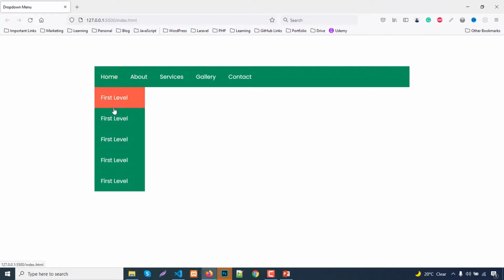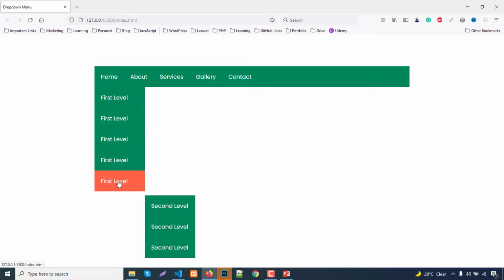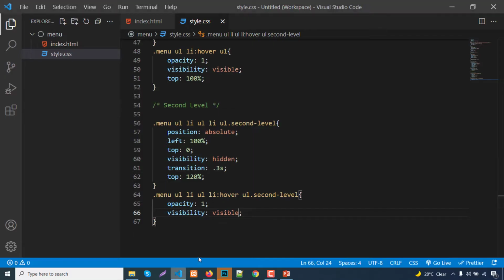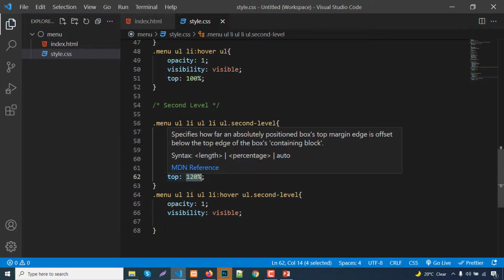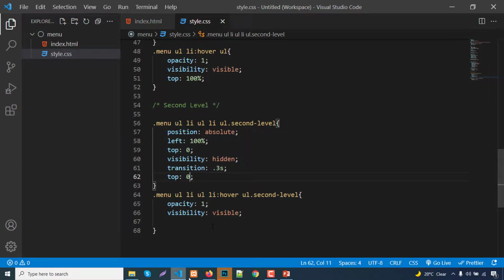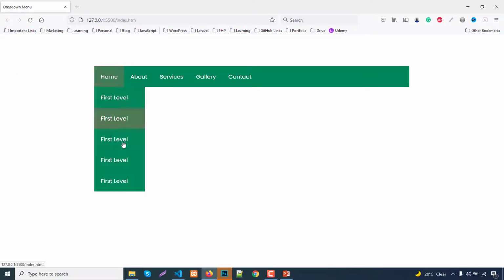Home first level okay, opacity 0. Okay, top 100%. Okay, visibility, top 0. Oh, sorry, it will be top 100% and top 0. Page refresh. Okay, it's fine. Just check when there is one.